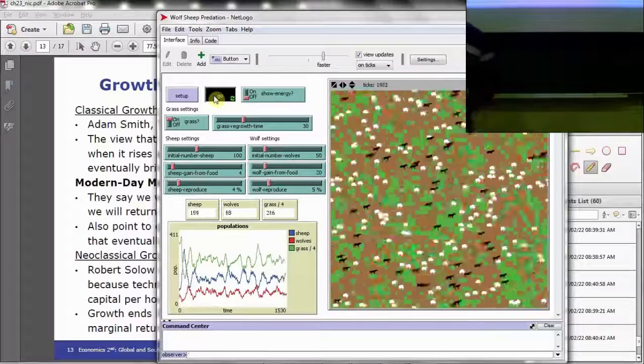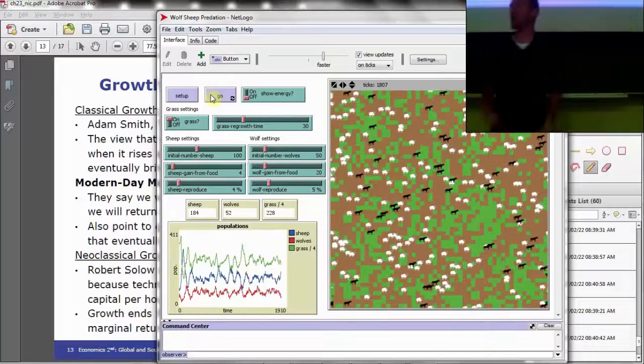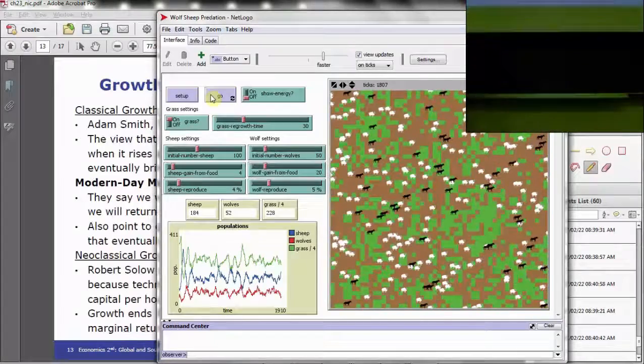So this is called agent-based modeling, which is quite fun. I'm going to unplug. Yeah, go for it. So what